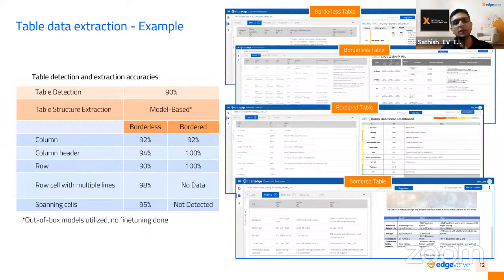What did we achieve out of it? We roughly went to about 90% accuracy here. When we talk about 90% accuracy, I'll go into a little more detail. In some of the samples, a table is not just a table. If you see the first column, they've used colors to identify a certain aspect of the table. So even that was very important.